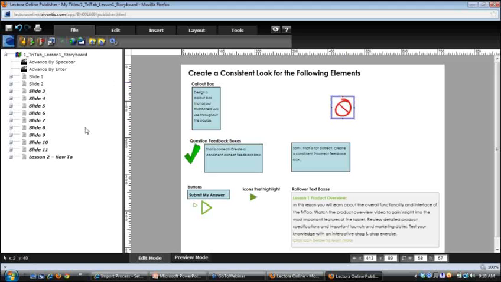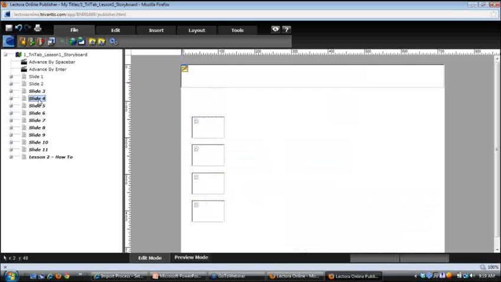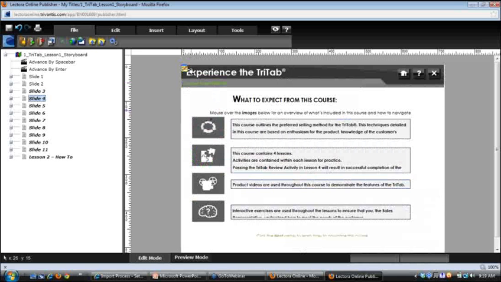Now, when you look over on the left-hand side, you'll notice that several of the pages here from my presentation, the page names are both bold and italicized. This indicates that we had a note on that slide in the PowerPoint presentation. So if you take a look, notes from any PowerPoint presentation automatically transfer into Lectora, and they're created in Lectora Notes. So you can see I have this little note icon on the page,